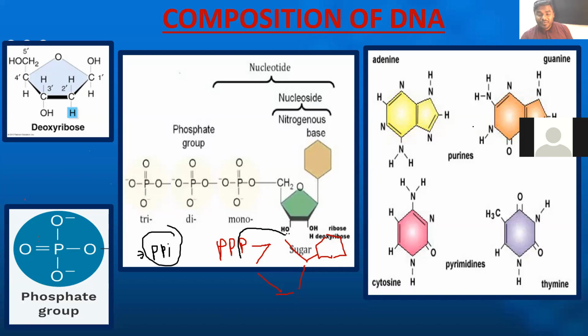Now you can ask me a very logical question. Sir, here the OH group cuts the phosphate, 2 phosphates are released. Now the question is, how do the OH and phosphate associate with each other so tightly? The answer is here. What is phosphate? Phosphate means energy rich molecule. Yes or no?